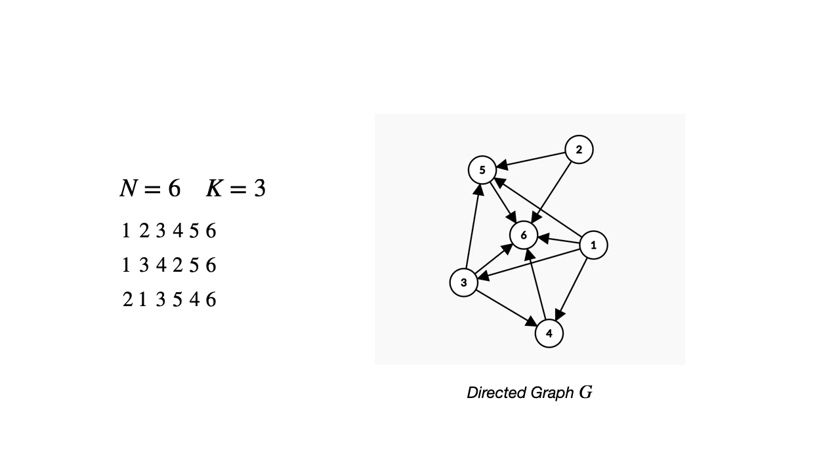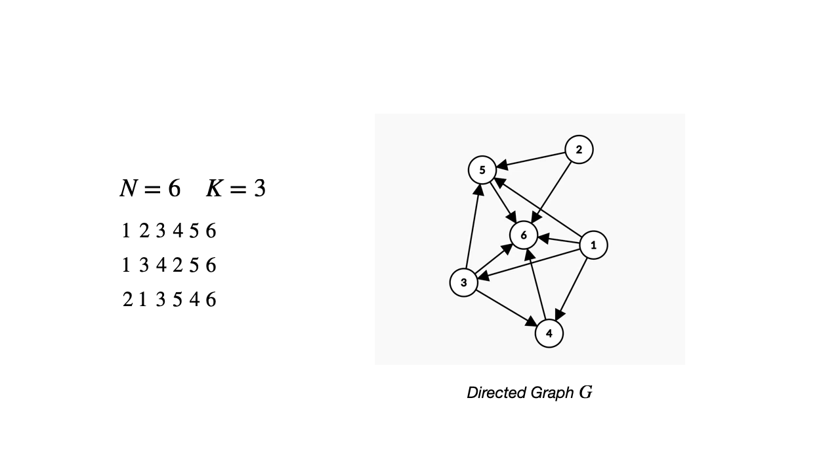However, note that 1 is not connected to 2 simply because 2 appears before 1 in the third topological sort and 1 appears before 2 in the first two topological sorts. Therefore, neither an edge from 1 to 2 nor an edge from 2 to 1 will satisfy the conditions of a topological sort, and therefore we cannot have any edge between those nodes. And you can verify that these constraints are valid for all of the edges in the graph.